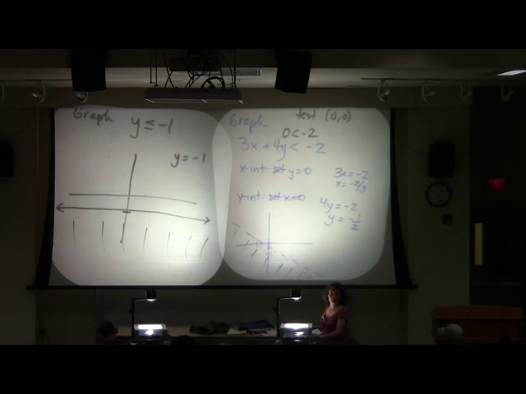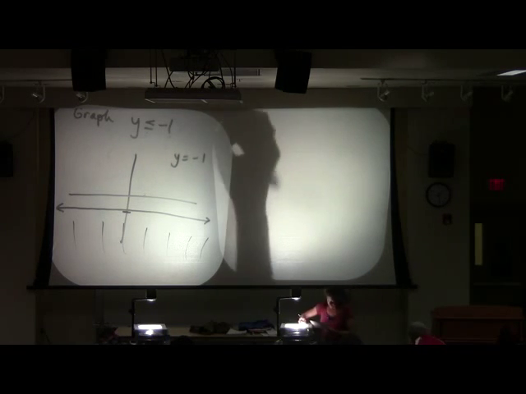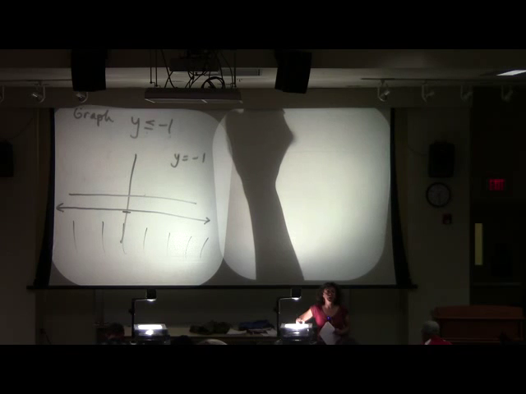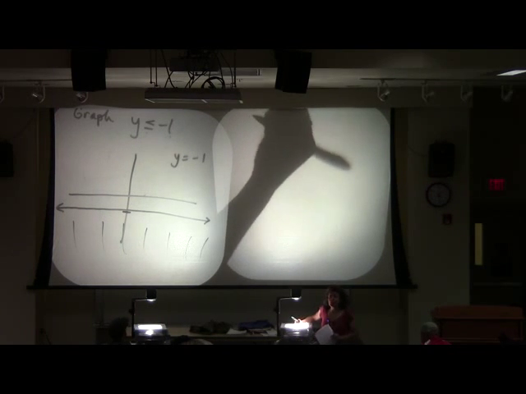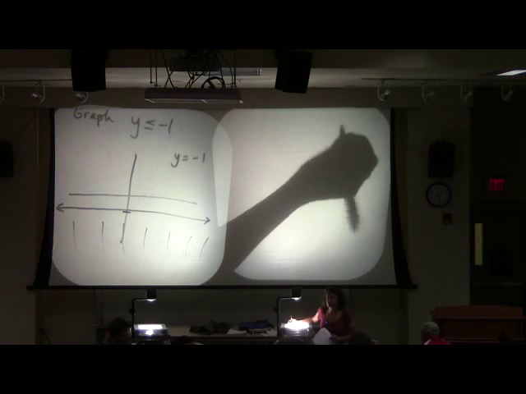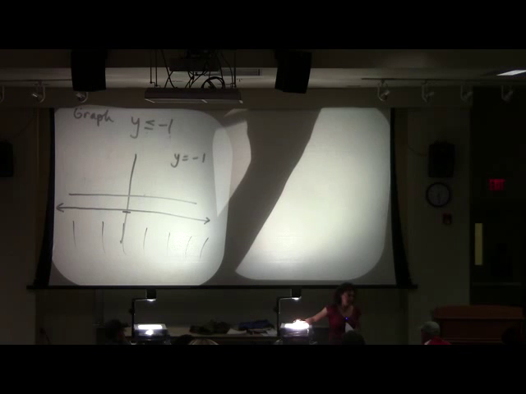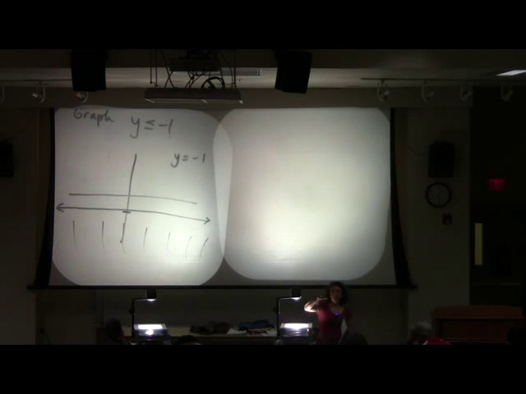You guys with me? Okay. Now, let's start looking at more than one line at the same time. Okay? Now, my hint to you guys is this. When you are considering a system, shade carefully. Don't shade very dark and all over the place because you're just going to have a royal mess. All right? We're going to start out really chill and just have two inequalities that we're going to graph right now.